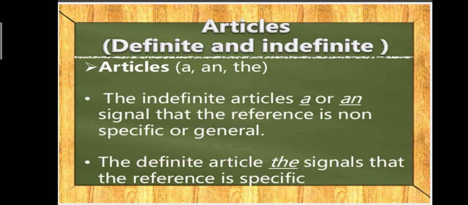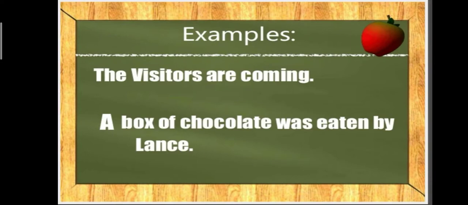These are of two kinds, definite and indefinite. Articles are a, an, and the, out of which a and an are called indefinite or general articles, whereas the is called a definite article, which is used to refer to the noun specifically. For example, the visitors are coming. Here, we are talking about specific visitors, so that's why it is a specific article. Whereas, a box of chocolate was eaten by Lance. Here, a is used as